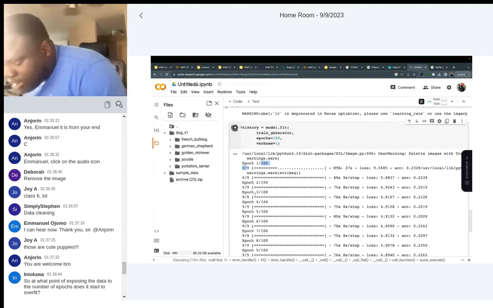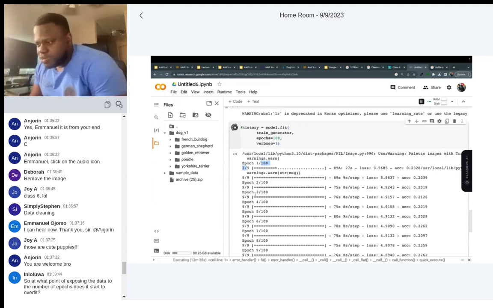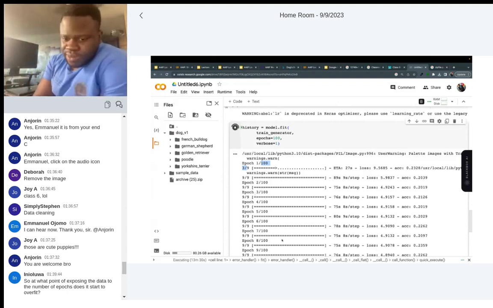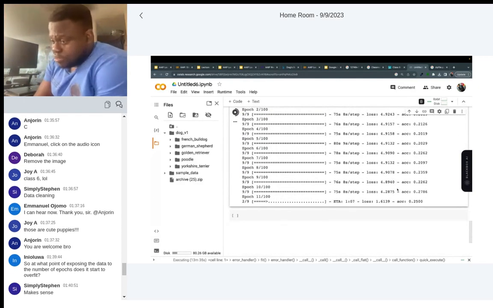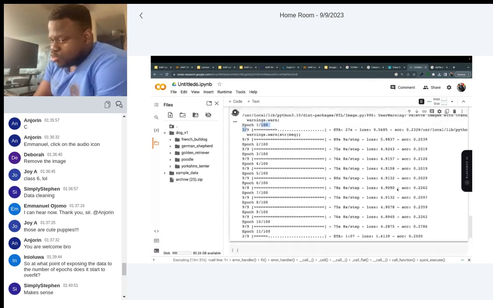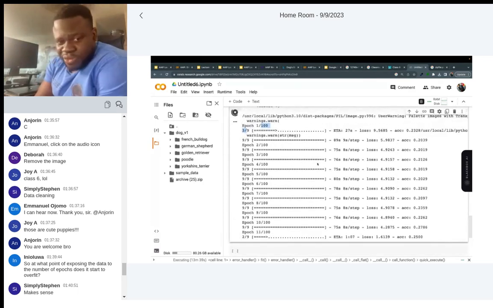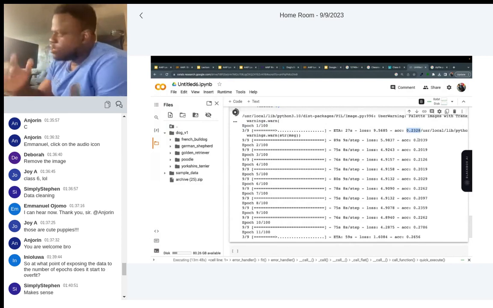So at what point of exposing the data, at what number of epochs, does it overfit? For example, look at this model. The model on the screen is showing overfitting. Out of 10 epochs, 11 epochs, it is still ranging around 23.